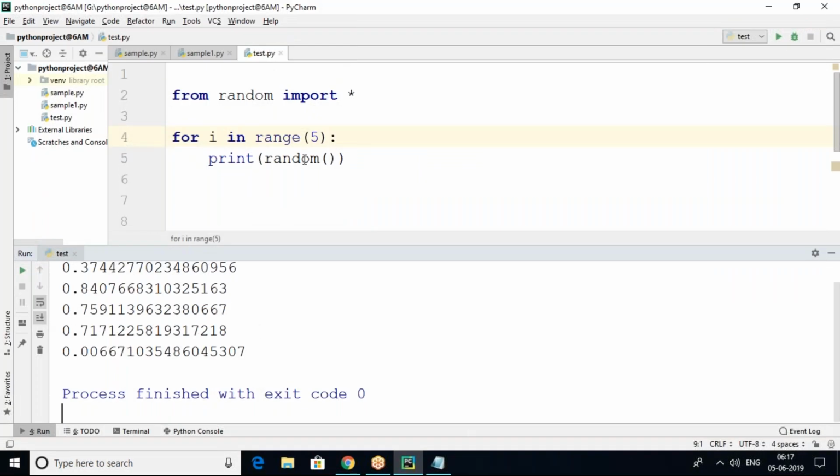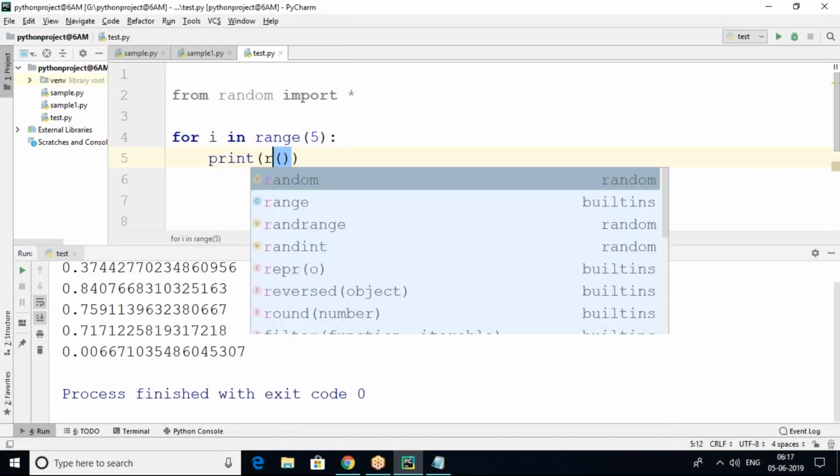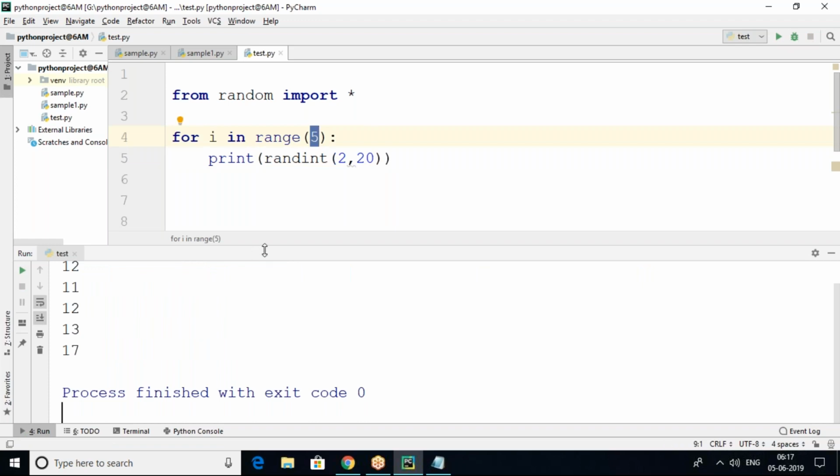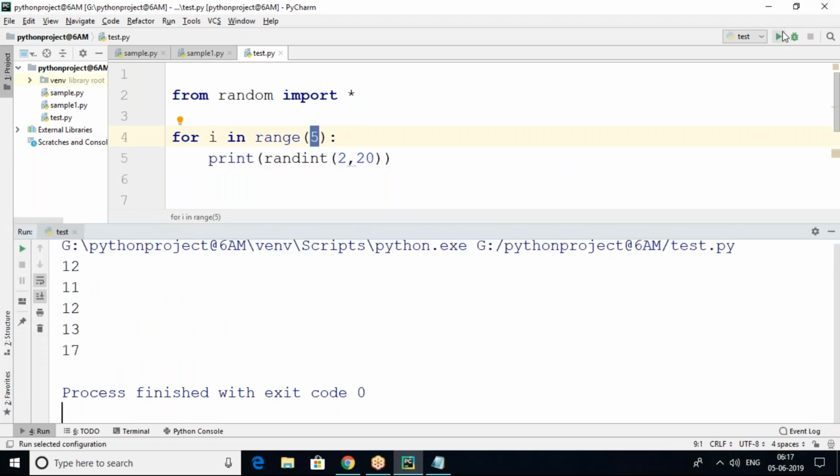Let's check out randint here. This is my function, between two given numbers. Suppose I'm giving 2 to 20. I want my random numbers to start from 2 and end with 20, and I want 5 random numbers. In these 5 you may get 20 or 2 sometimes, or you may not get any of them.